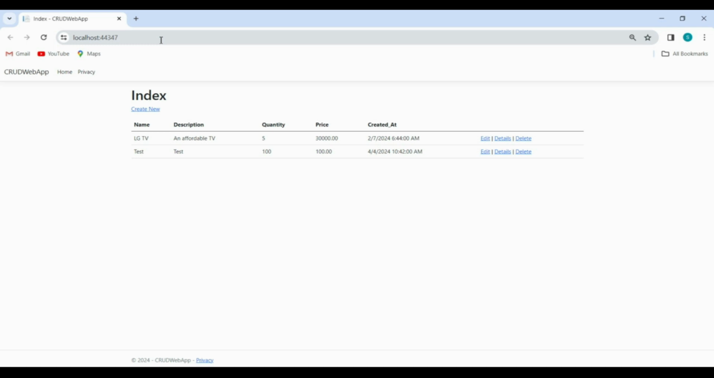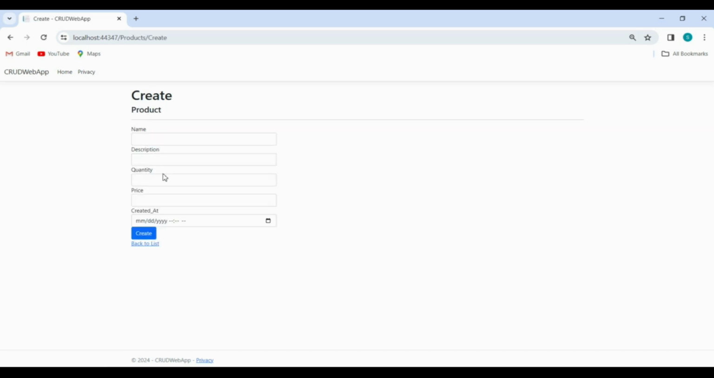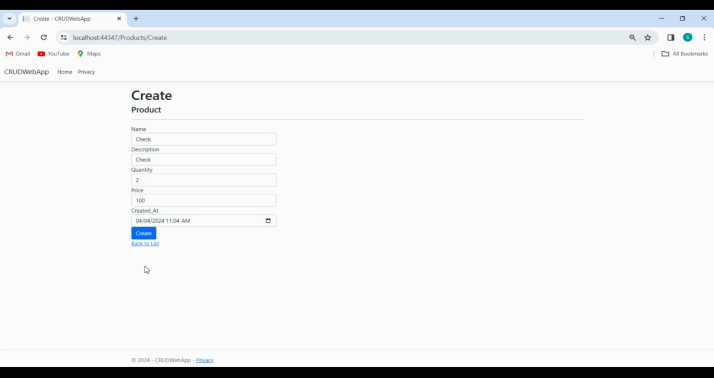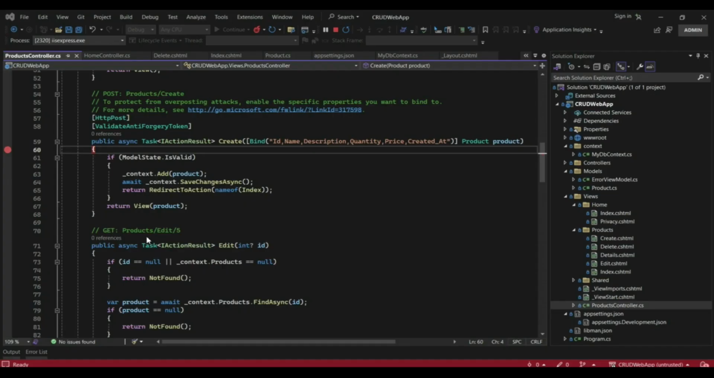So this is my application, but since we have added the breakpoint for the create part controller, we need to click on create new. And here I'm gonna just insert the field values. Let's say I'm gonna give here the value check, and also in the description I'm gonna give some random value, and to quantity and price. Finally, I'm gonna give the current date. Once you click on create, this controller is called, and since we have given the breakpoint here, we can perform